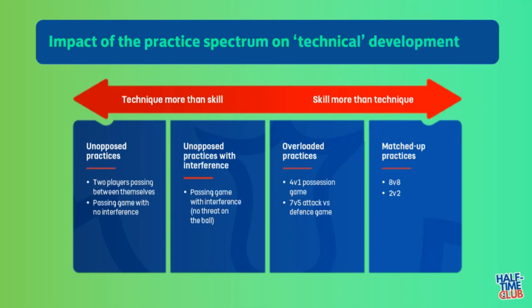So if we just work down at unopposed practices and jump straight to matched up, we could be overloading the players with too much information too soon, and that's when it's more likely to break down. So there may be a practice we need to select where they live in between that, where we essentially are saying we're gradually going to increase the difficulty, we're going to increase the information that players have to contend with, so that we can prepare them to get into our desired performance environment, which is the matched up practice.